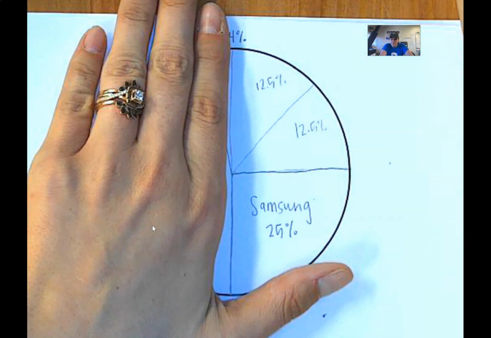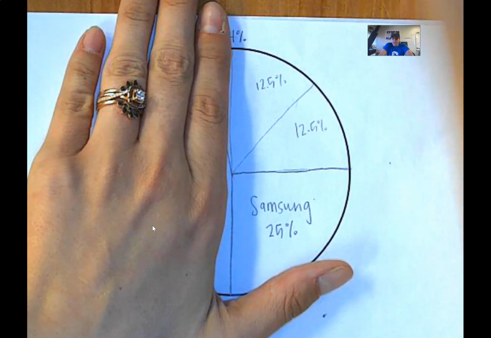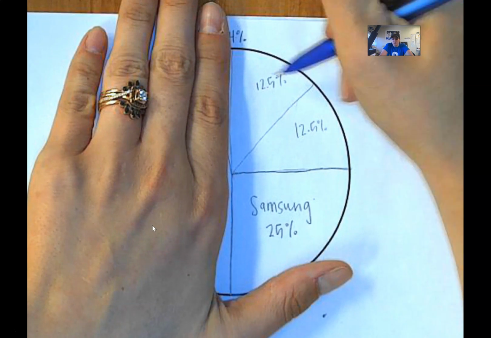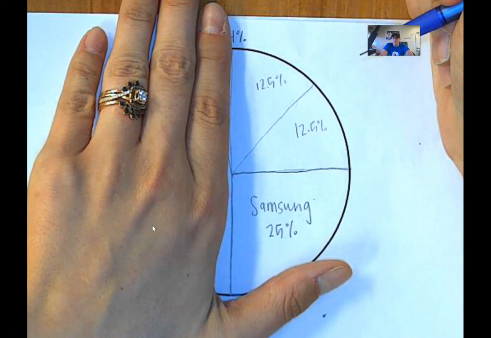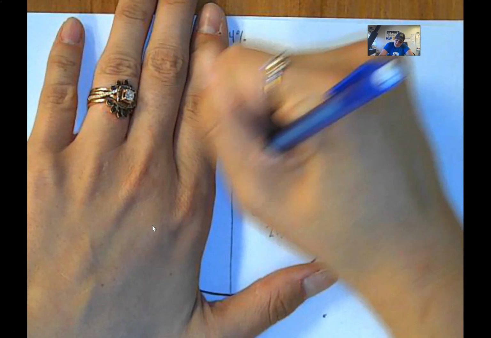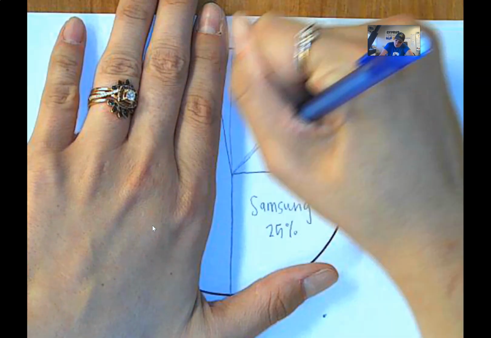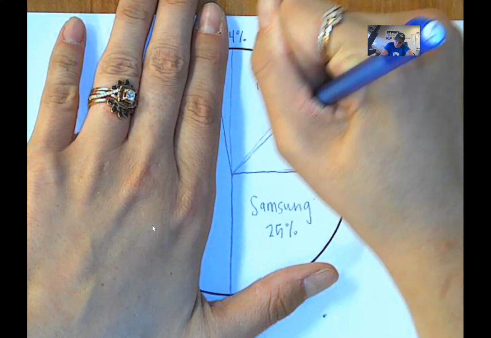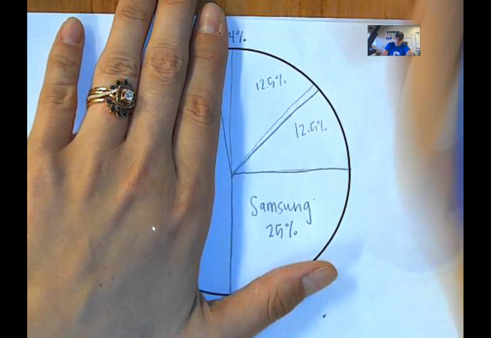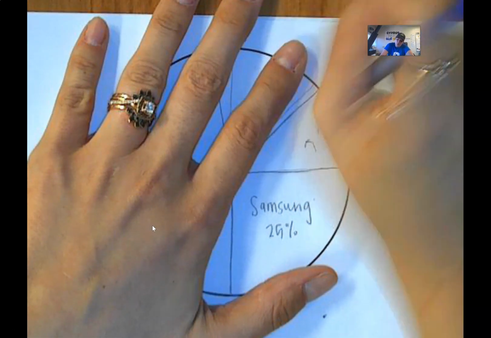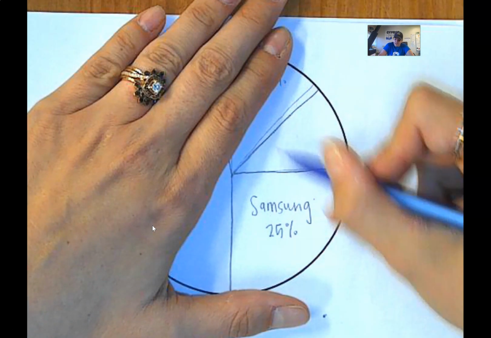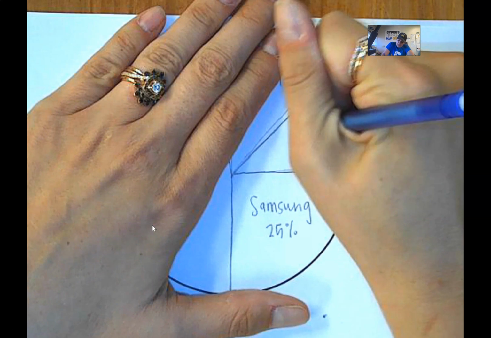Because 25 divided by 2 is 12.5. This section was 25%. Slice it in half. Each one is 12.5. Well, if LG is 12%, all I have to do here is cut off the smallest little sliver of the 12.5 slice. So this section is now LG